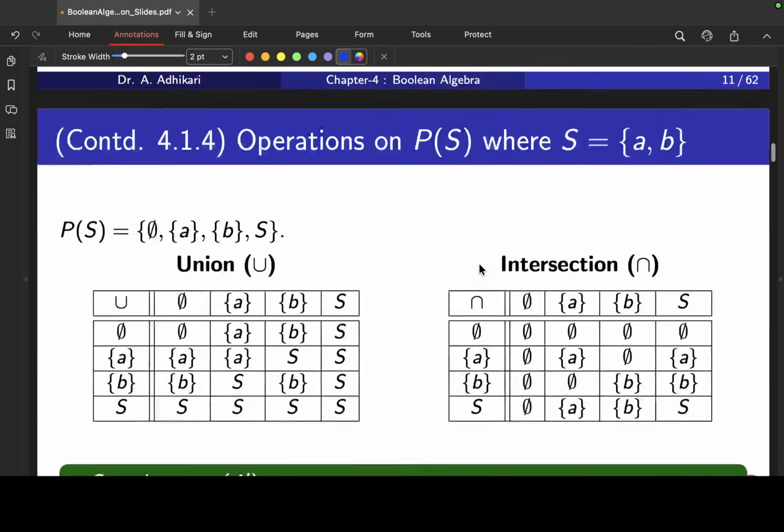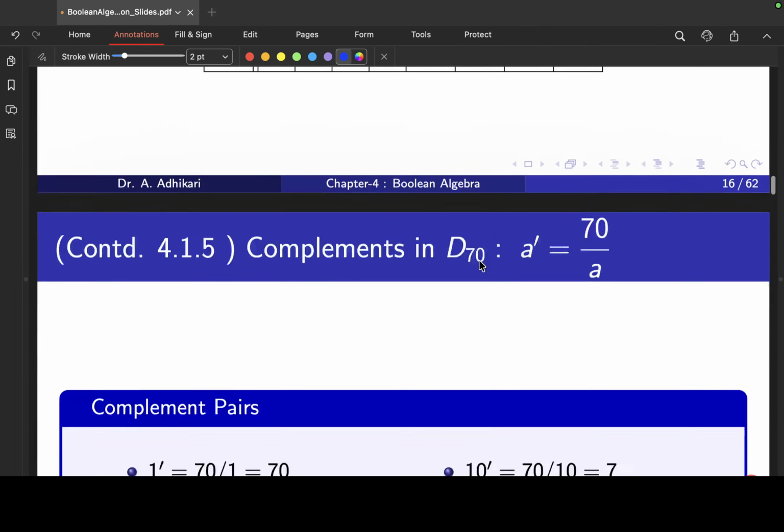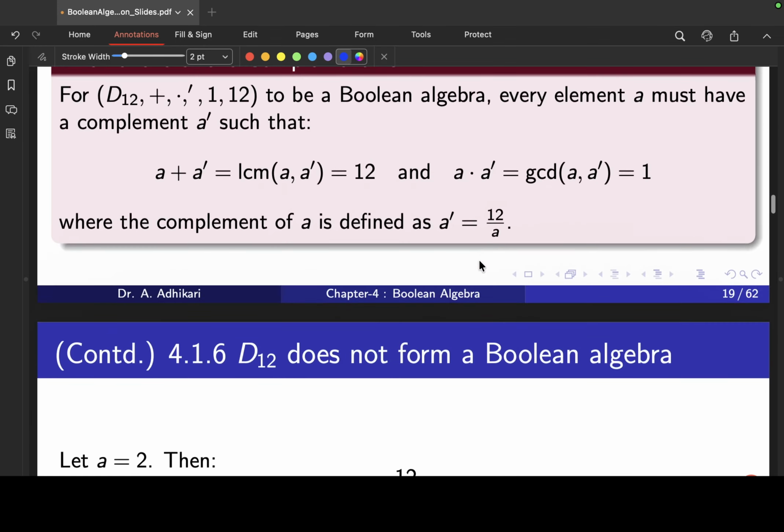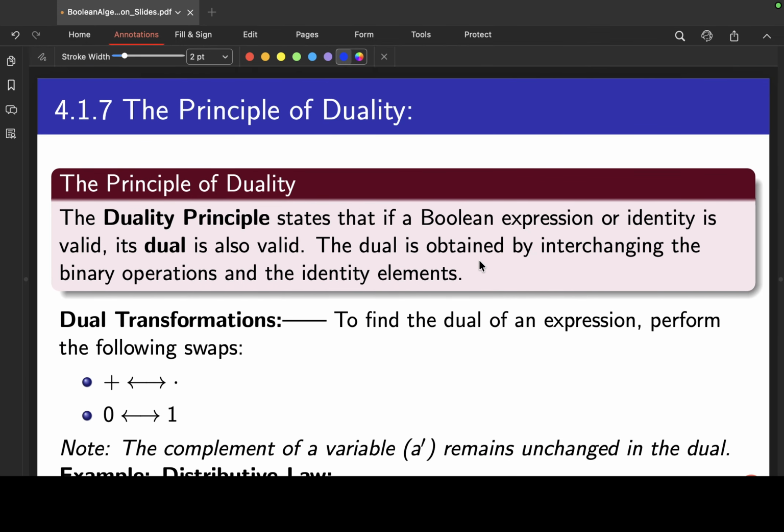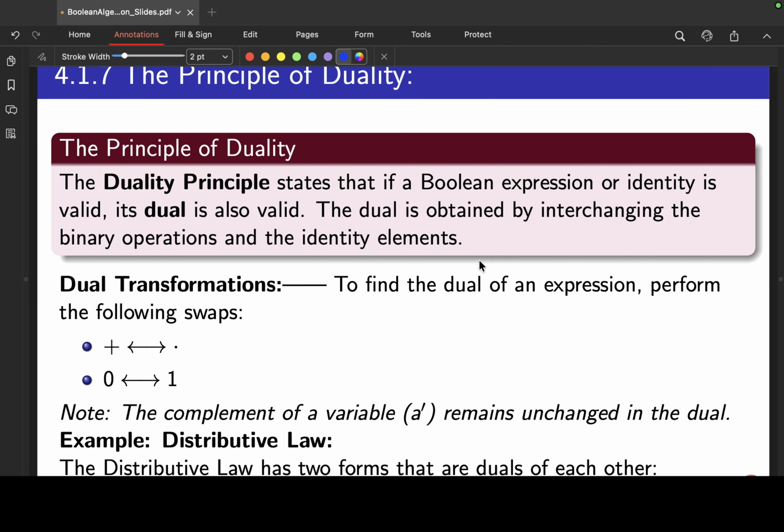Already we have discussed all these in the previous lecture. Today we discuss the principle of duality, then come to the topic some theorems on Boolean algebra. The principle of duality